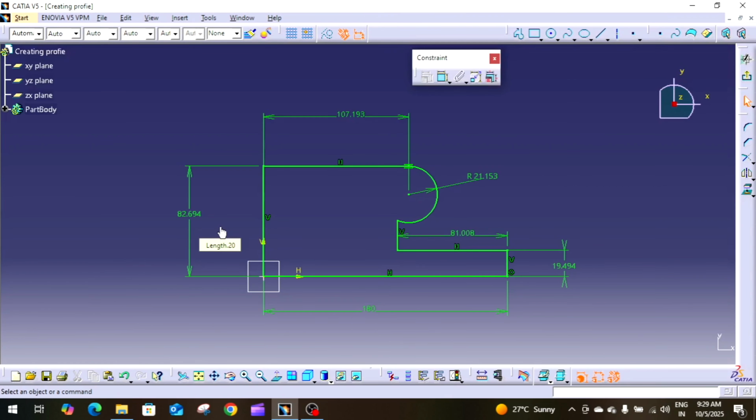So what is a fully constrained sketch? As I told you, this is a fully constrained sketch. Ideally, a complete sketch must be fully constrained. The size and location of the sketch must be clearly defined, and an under-constrained sketch may not maintain design intent when modifications are made to the model. Like